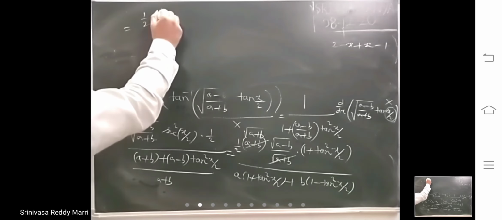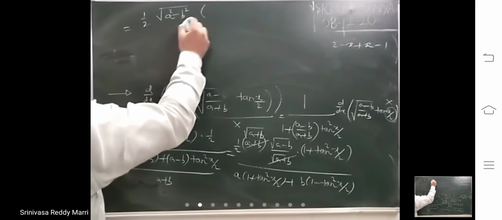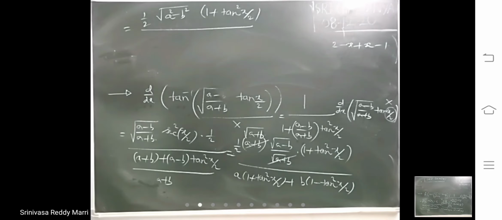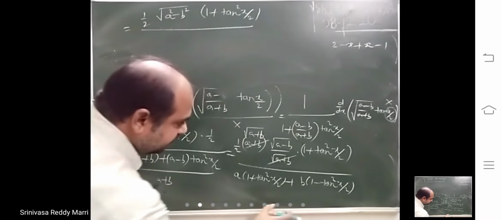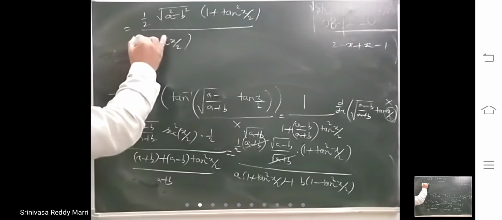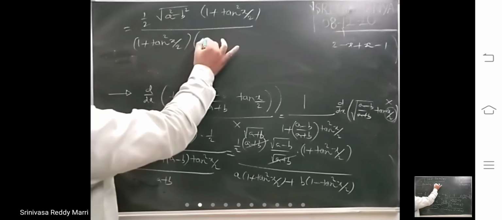So 1 by 2 into root of a square minus b square, divided by a plus b. In these two I am taking 1 plus tan square x by 2 common. What you will get: a plus b into